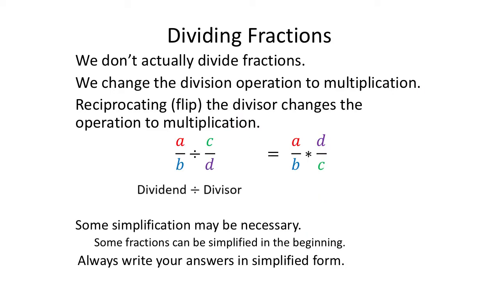All right, so this is where we find the importance of reciprocating fractions, okay? And this goes back to me saying we don't actually end up dividing fractions. We do not divide fractions. What we do is we reciprocate the divisor here. And you can see that it's C over D, it becomes D over C. But when we reciprocate this fraction, what happens is we change the operation to multiplication. So we're going to take the division and always change it to multiplication